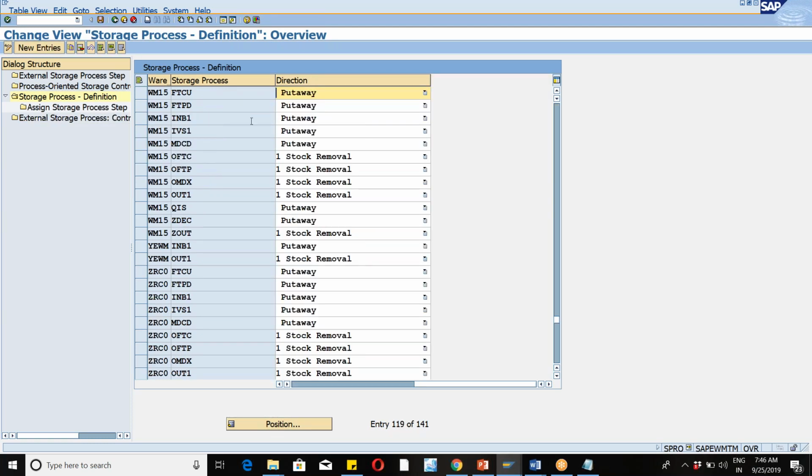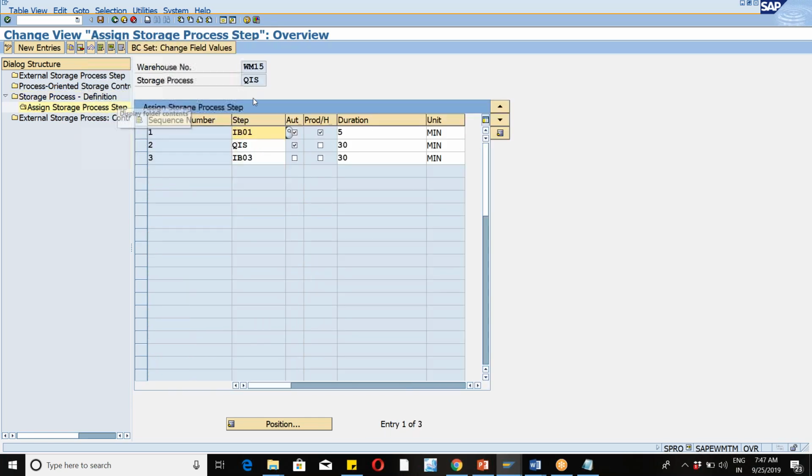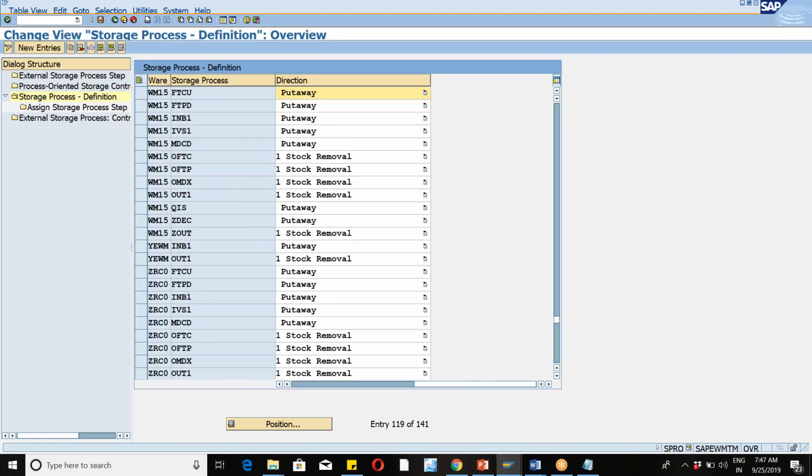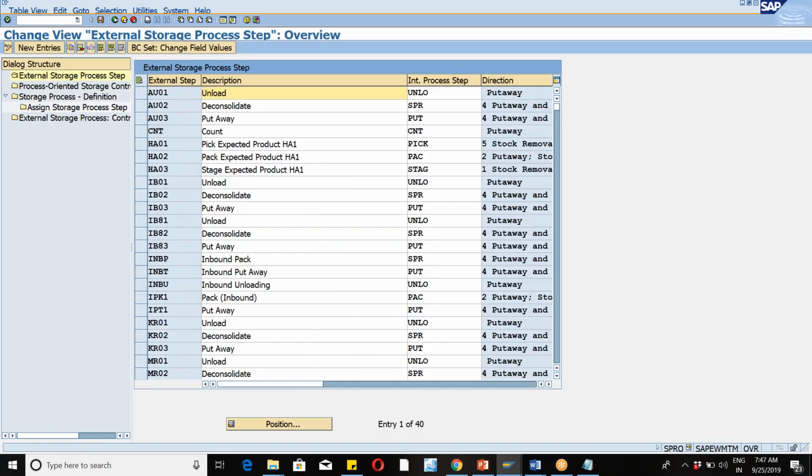Okay. So I think there's a step of a QIS here. You can see. So you know this. What are the steps we'll be having? IB01 quality inspection engine and then IB03. These are the steps we are trying to have. Okay. Now, once we are done with this particular quality inspection one, what we will try to do is